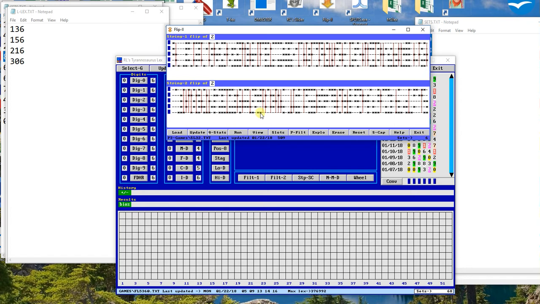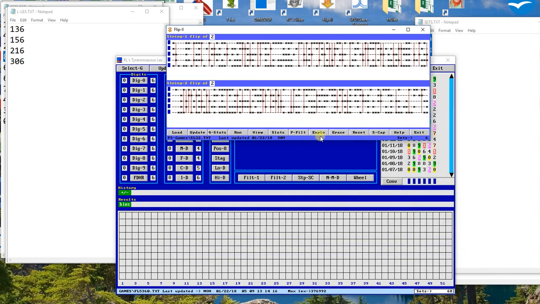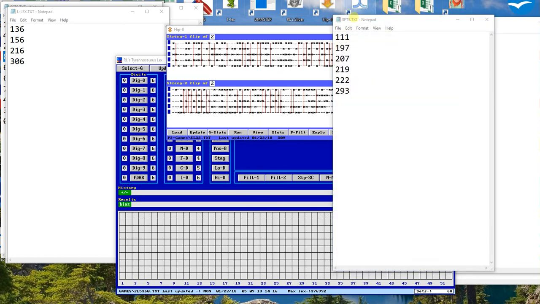I don't remember what that number was before. What was it, 22 or something? So I filtered from using the exploit, I filtered from 96 sets down to 22, and then I changed the 22 sets down to 6 sets. And then you'll take them 6 sets and move them into your